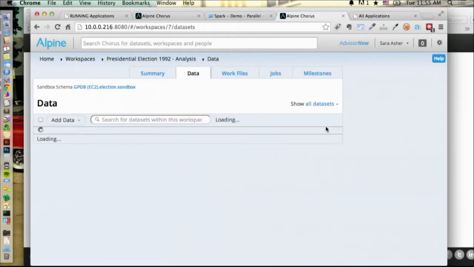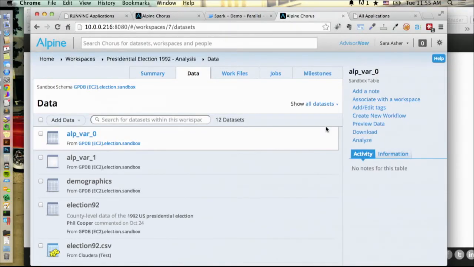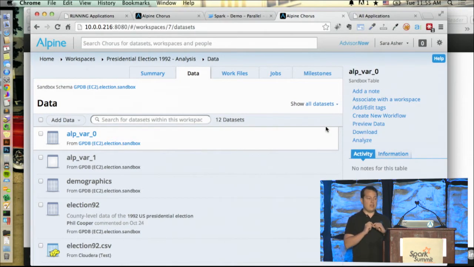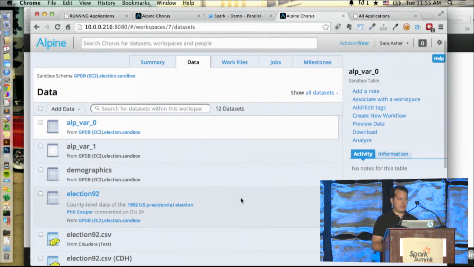I can also see all of the data that's associated with this individual project, whether it's in Hadoop or in a database. So we do a very nice data mapping to the data, right? This makes it really easy for someone like myself to jump into a project and get into things very, very quickly and see where things are at.